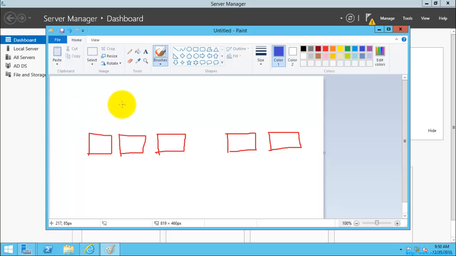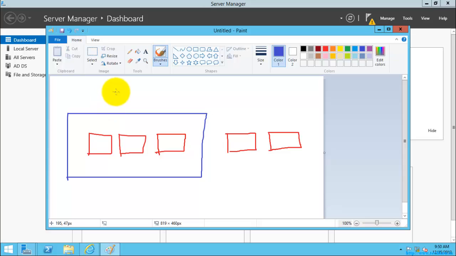So I'll just tell you about the forest functioning level. For example, take this as a forest, and this is a Windows Server 2008, this is a Windows Server 2008 R2, and this is a Windows Server 2012. So if you keep your forest functioning level as Windows Server 2012,